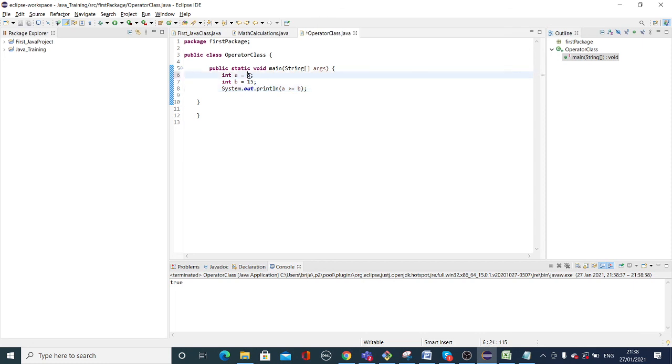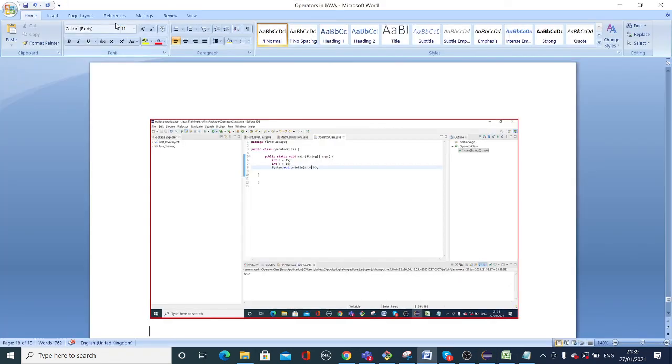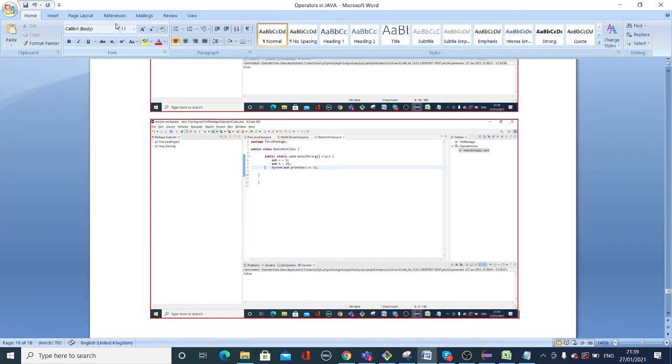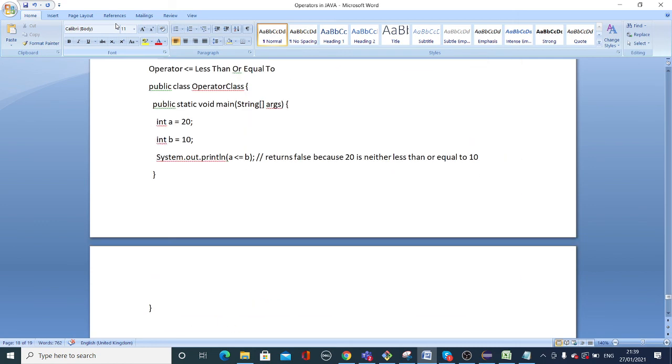A equals 5, b equals 15, a greater than equals b. What would be the result? False, because a is less than b. It is not greater or equal.